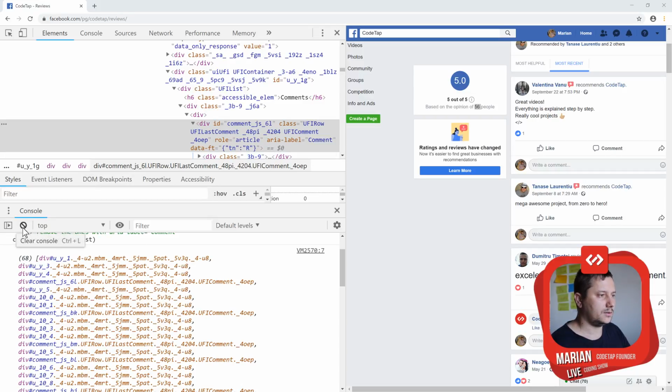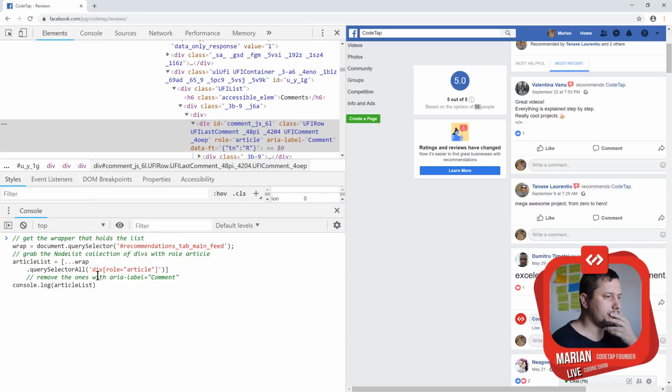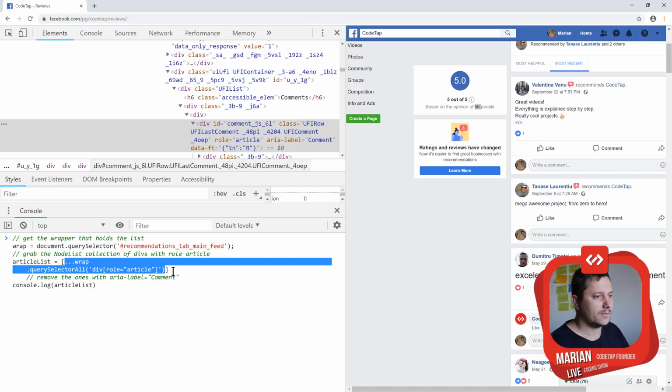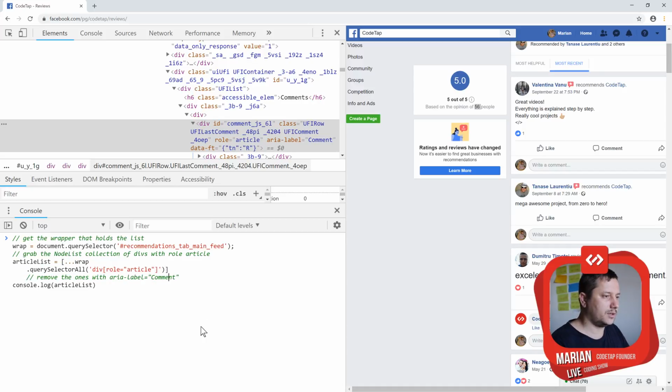Let's clear it. So what I've done is I created a new array, and the values of the array would be the destructuring, with those 3 dots, of the node list. So over here I can continue to say dot filter. Well, let's do a map to start with, and then we convert it into a filter. And to the map we pass a function, element, and then